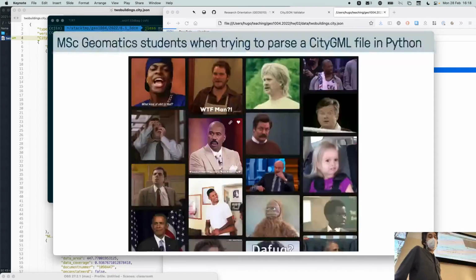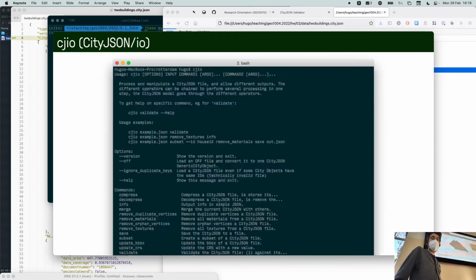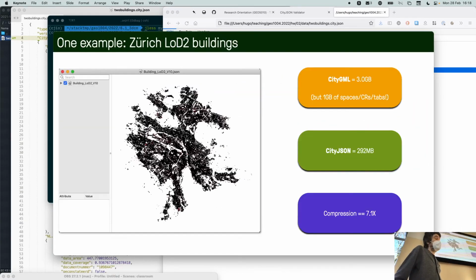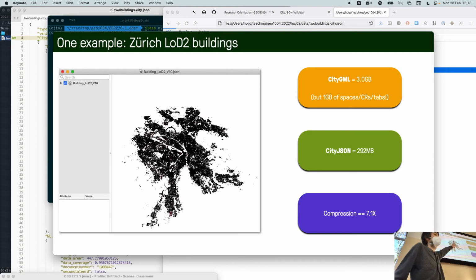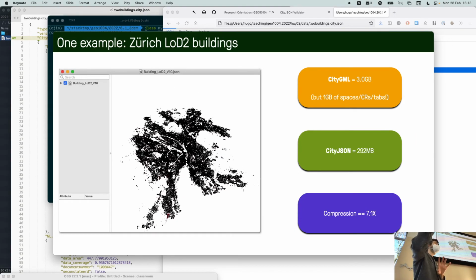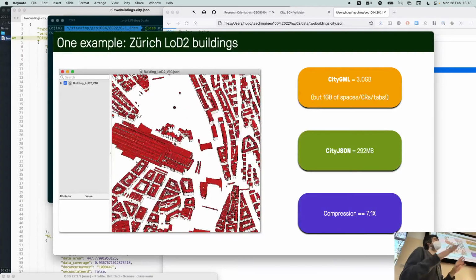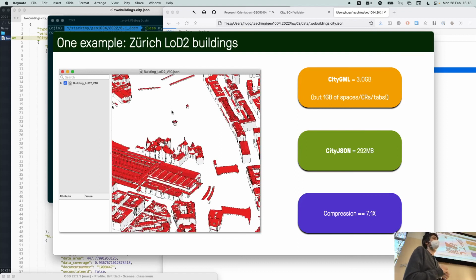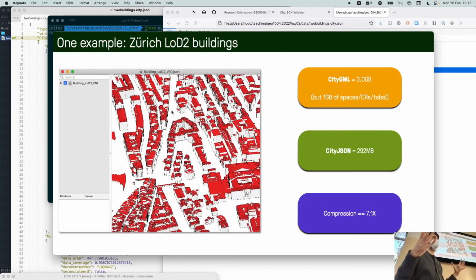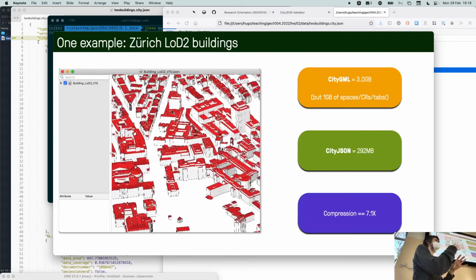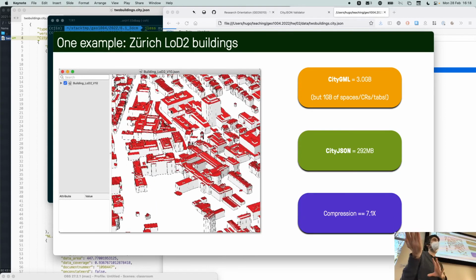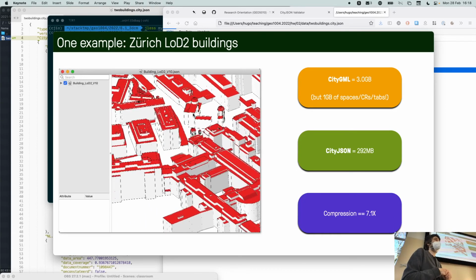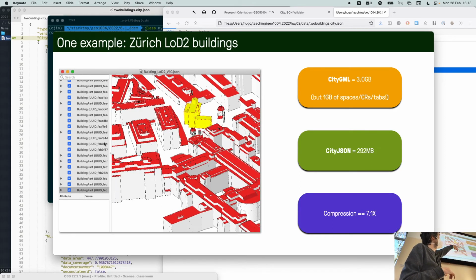I knew that they were taking space, but I didn't really know until I calculated it. For the file of Zurich, 3 gigabytes, I took the whole XML, removed all the spaces, all the tabs, all the returns, and I saved 1 gigabyte, which made me laugh, but also cry a bit, because a lot of files are like that. The computer doesn't care if everything is aligned nicely and if you can read it. It will just read everything in one shot. So if you remove all the spaces and characters, then you get to 7 times 292.